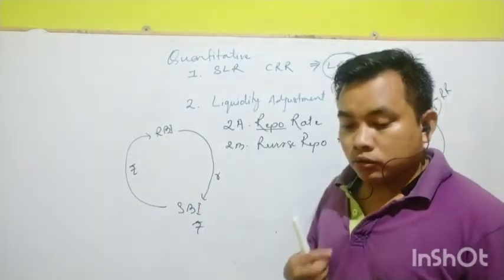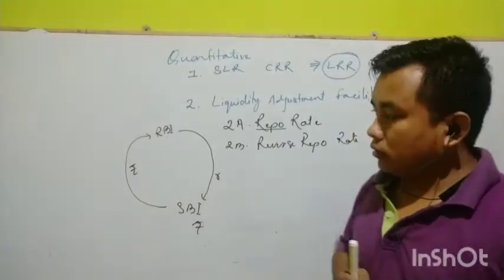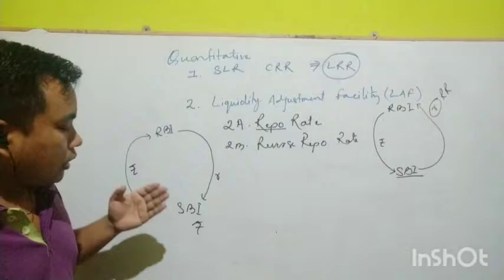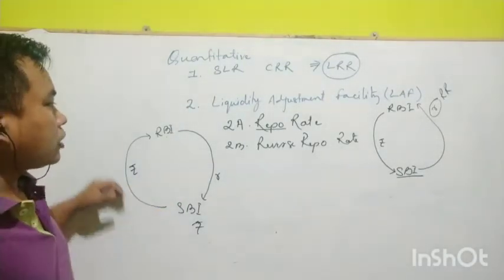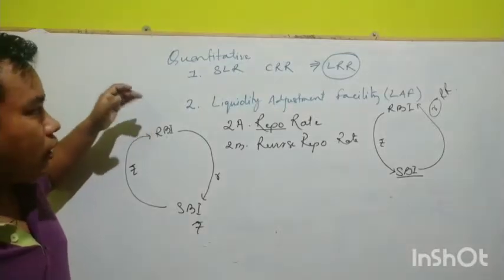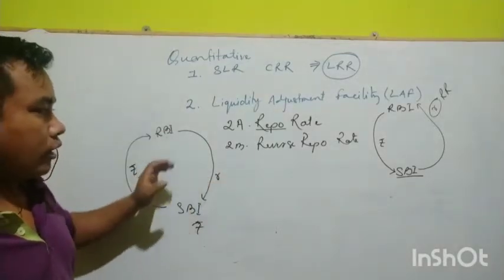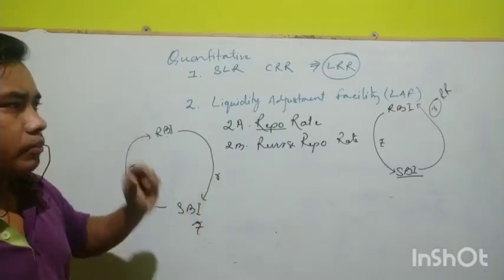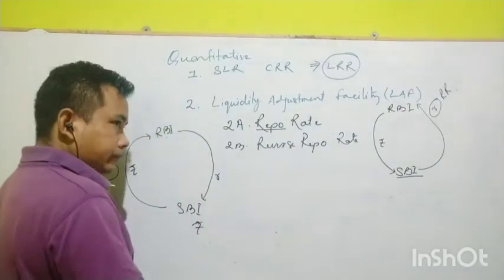I mean, sorry, it is the commercial banks that deposit it. Actually under the reverse repo rate, when the commercial banks have excess money, this excess money will be transferred to RBI. In return, RBI will give a little bit of interest for keeping that money with RBI. Don't forget this repo rate, reverse repo rate.